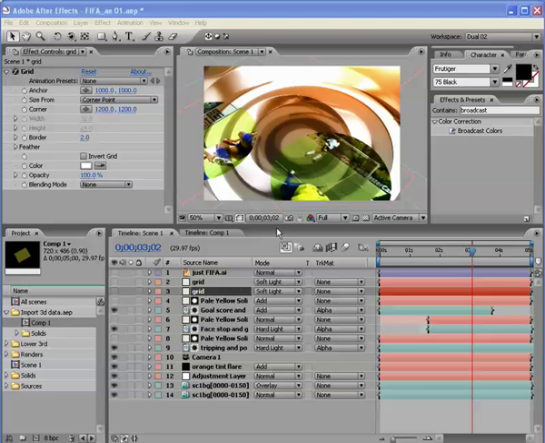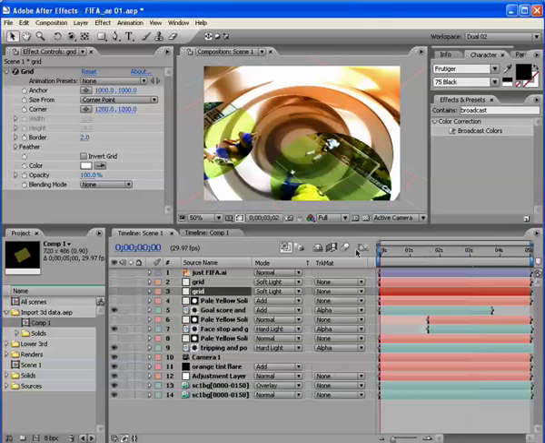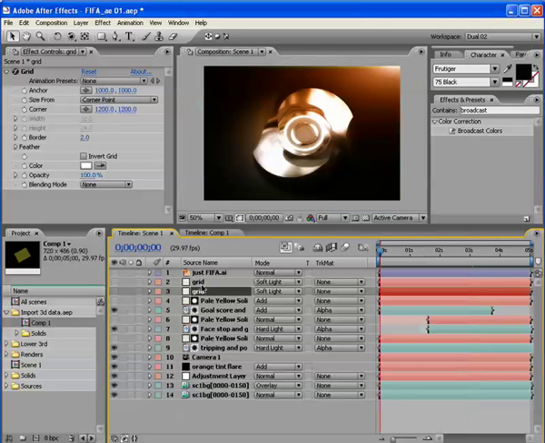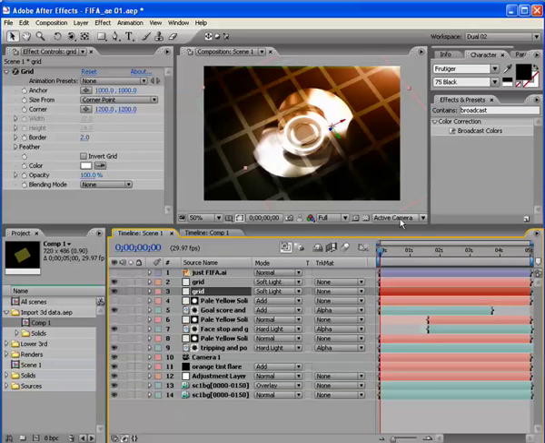So next thing, we're almost finished here. A couple more things that I've added. One thing that I often like to put on my compositions are some grid lines. Now there's a couple of reasons why I like to do this. One, I just like how they look. I think it adds a nice technical look to things. But the other important reason that I put them on is to give a little bit more of a